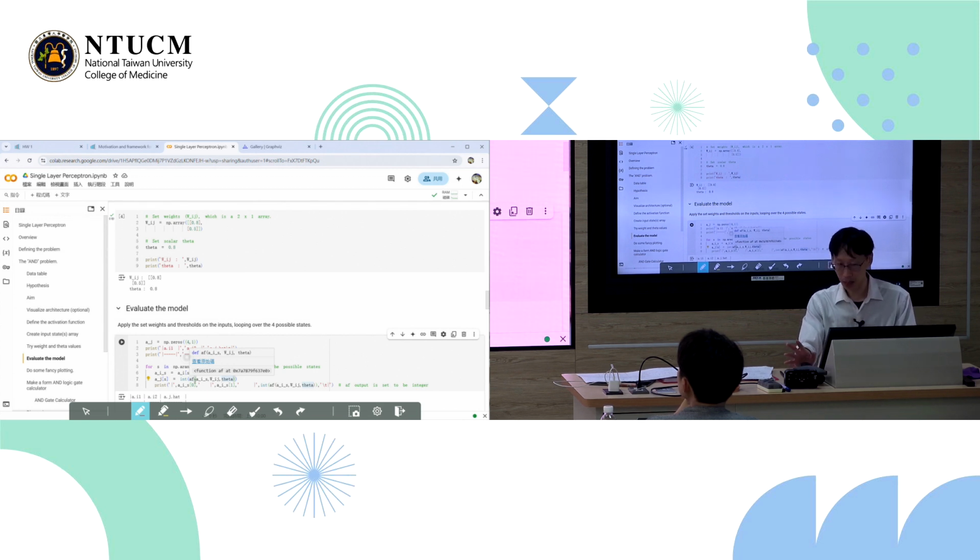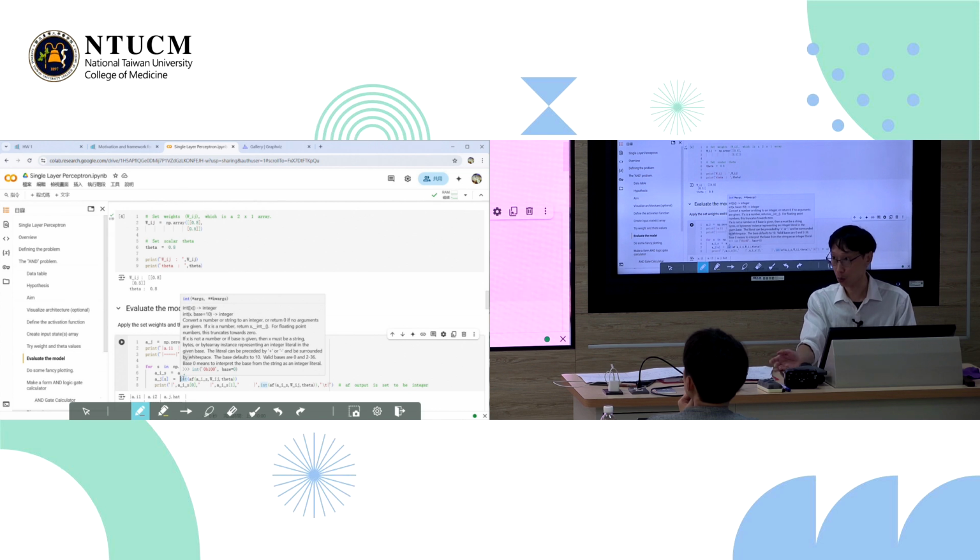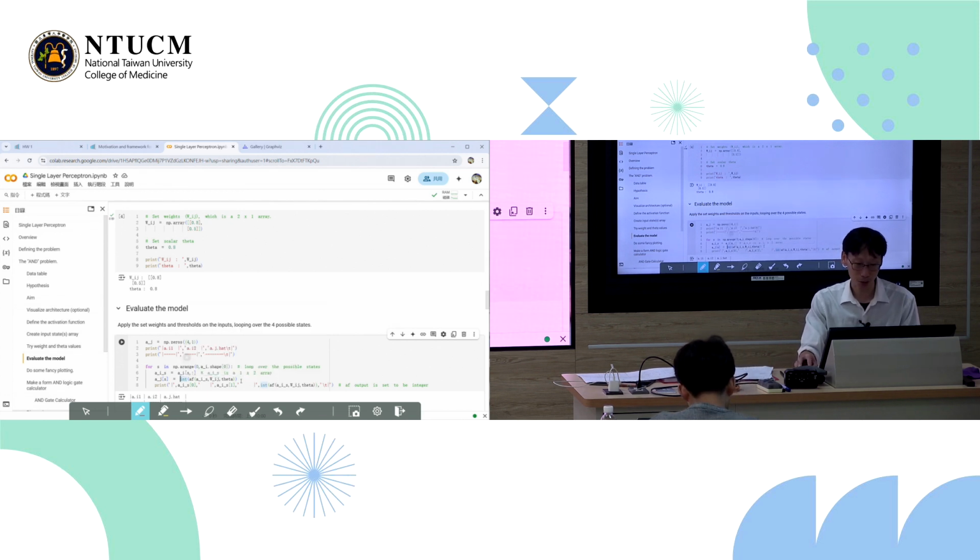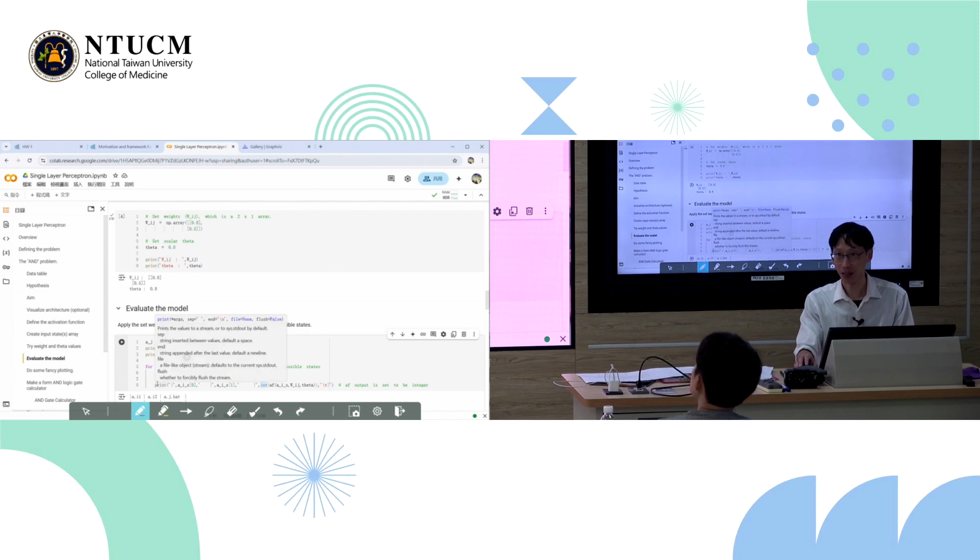Because of the way NumPy array works, it might come out as a float, meaning it's got decimal places. And I just don't want to complicate things. So I apply an integer function to make it either 1 or 0 as an integer rather than 1.0 or 0.0, which is fine, but this is just to make things cleaner. And so this is the output, and I put it as the S output for AJ, okay?